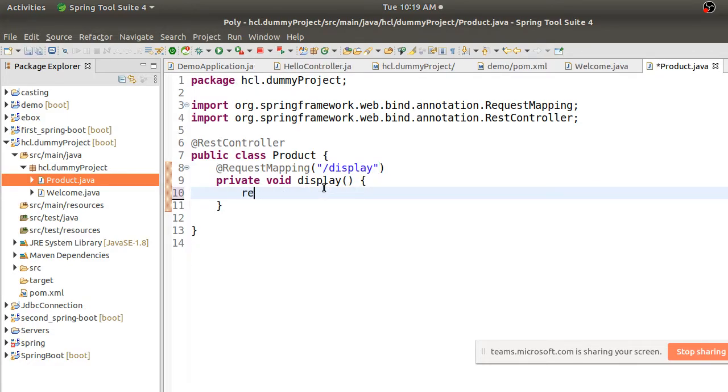So it basically returns a string, display all. It's a dummy string which I am adding here to make sure your application is acting like Spring Boot, right? So I just do return display all products.